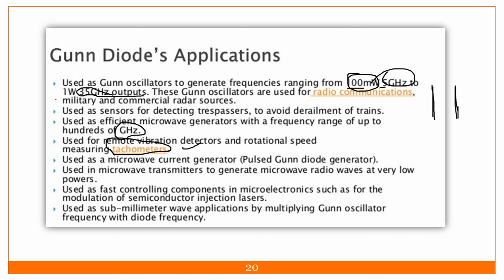And 1 watt is very, very little power. So the pulse generator is sending the pulses of whatever frequencies there are. So these are some of the applications of the Gunn diode. I think we will stop over there.